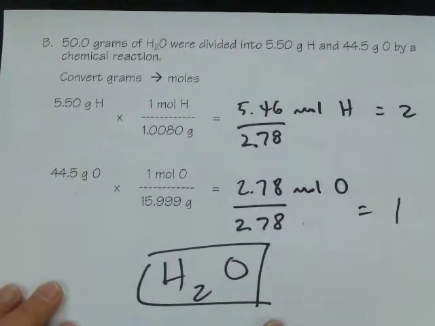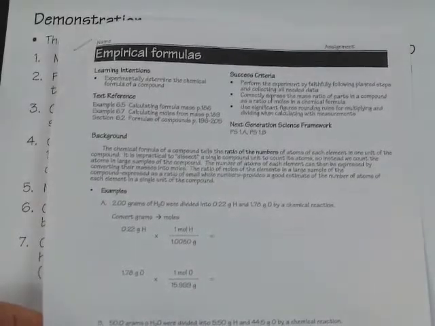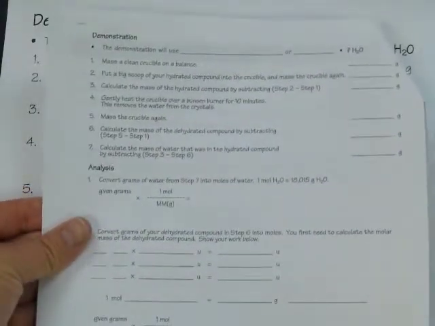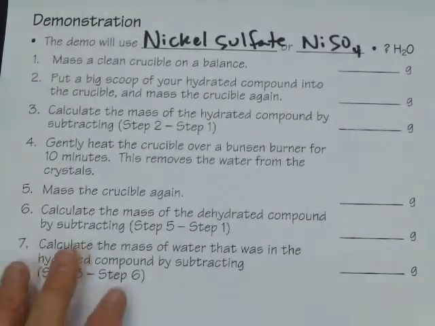What we're going to do is an experiment where we try to find out the formula of a compound that contains water. It's called a hydrated compound. Let me show you how that one works. Okay, please look with me on the back of the first page. At the top it says demonstration, and I'm going to demonstrate the procedures for finding the formula for a compound called nickel sulfate,